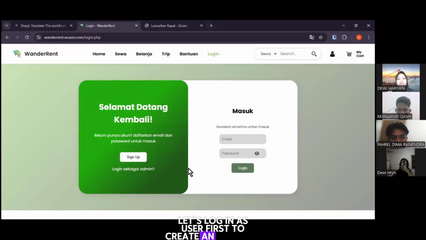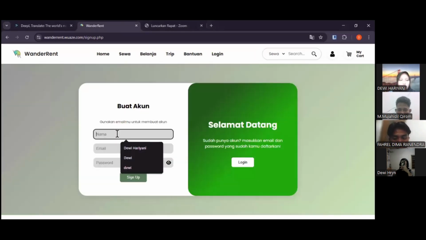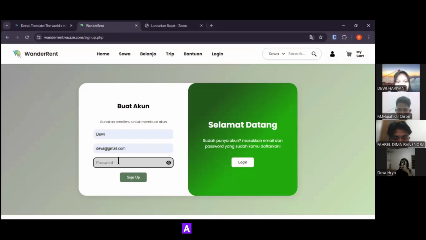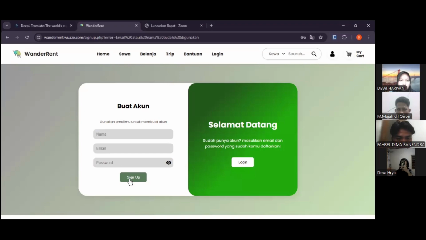To create an account, simply enter your name, and then email, and password. If you already registered before, you can log in directly.